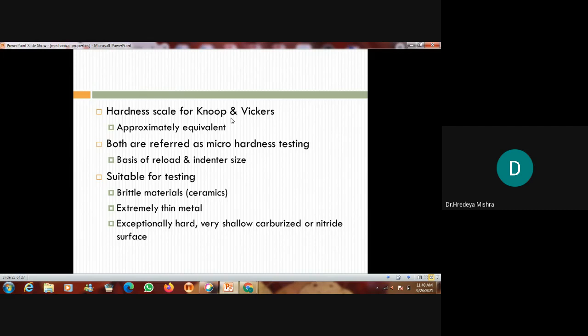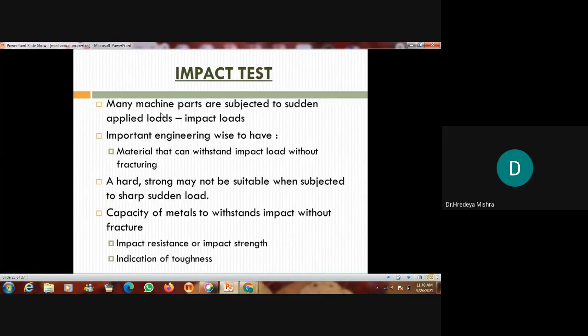Why is this test suitable for brittle material, ceramic, extremely thin material, exceptionally hard, very small, and curved or nitrided surfaces? So these are the applications for this test. Suitable for testing means this is the application of the Vickers and Knoop hardness test. Now,